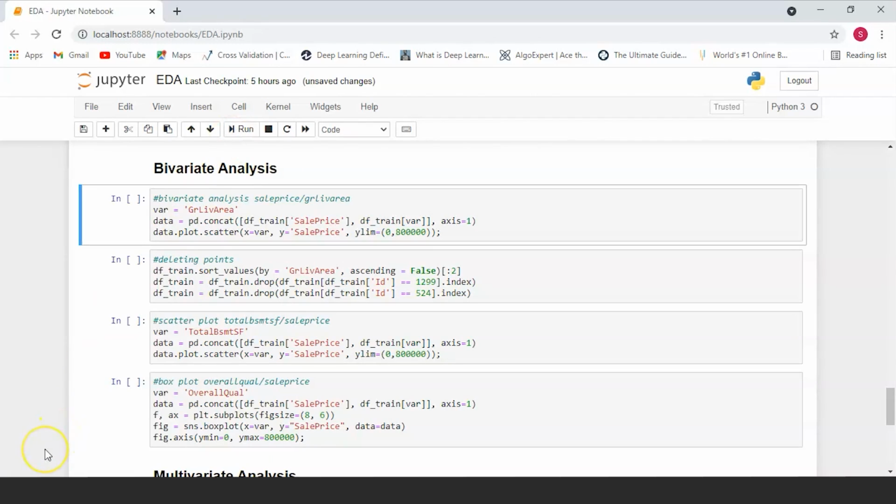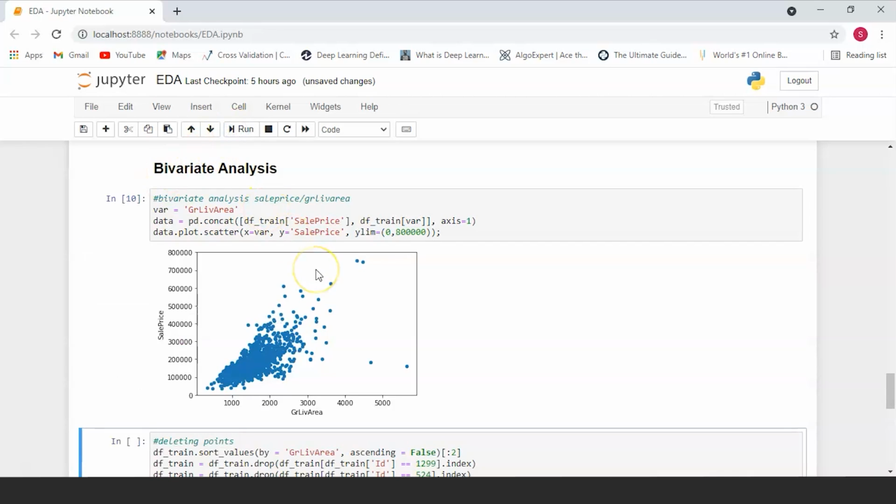So we've already taken a look at the sales price. Now, let's take a look at how sales price and the greater living area correspond to each other. So to do this, we've plotted a scatter plot with both of these variables, with the greater living area on the x-axis and the sales price on the y-axis. From this plot, we can see that two values with bigger, greater living areas seem strange and they're not following the crowd. These two values are these ones.